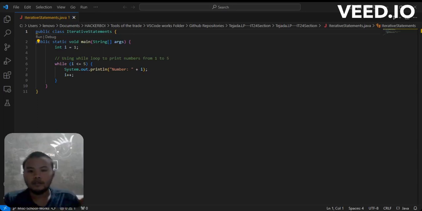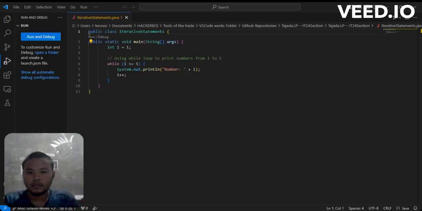Now the first of these loops is the while loop. The while loop repeats a statement while a given condition is true. It tests the condition before executing the loop body. As you can see on the screen, the code before the loop first states the value of an integer. This is important because the loop will use the integer in a statement and will check this statement before executing